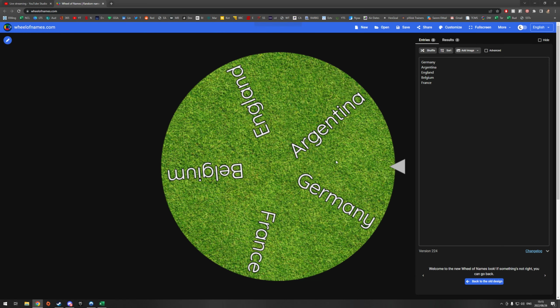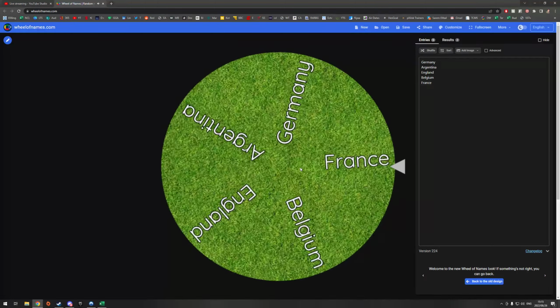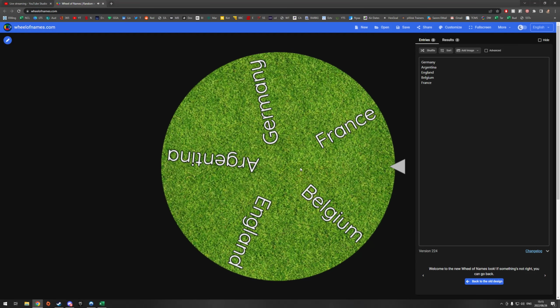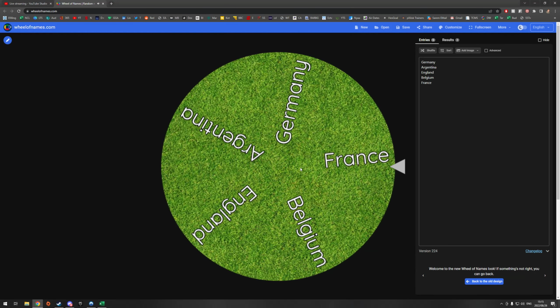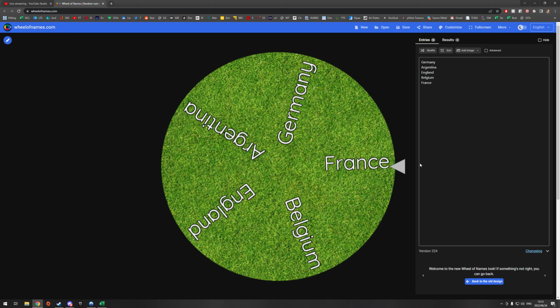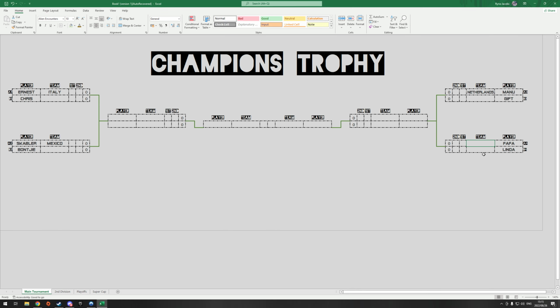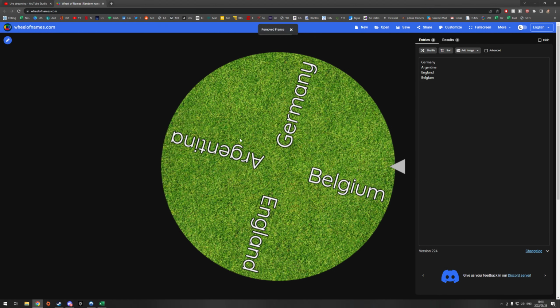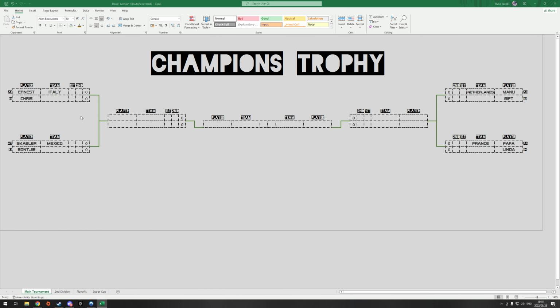Now Fafa's team. France, I think he actually wanted to enter France, so I think he'll be very happy with that. These draws, loving Fafa at the moment. He's been pulling good matchups, good teams. Keeps on winning.